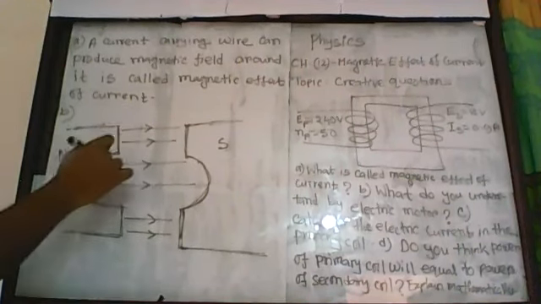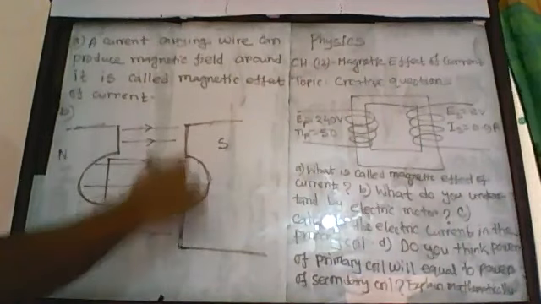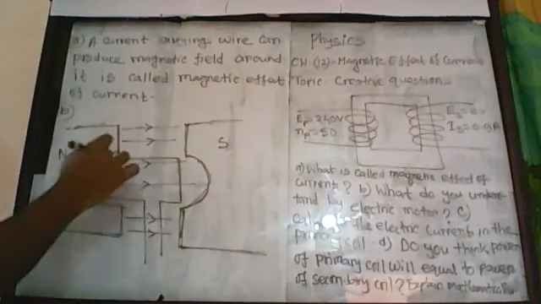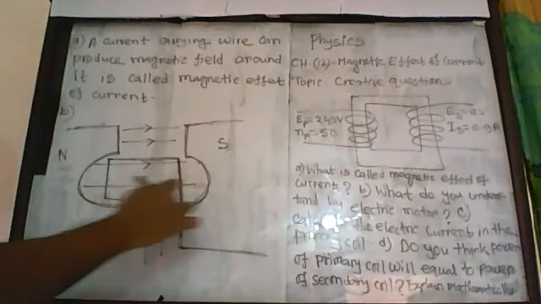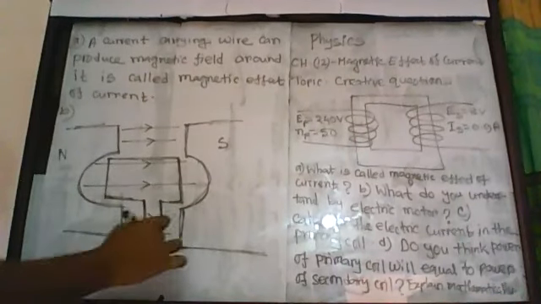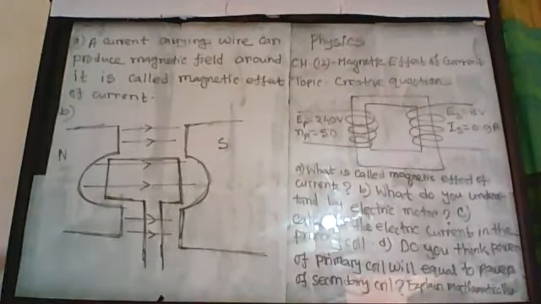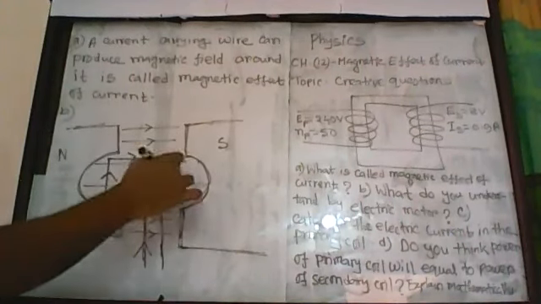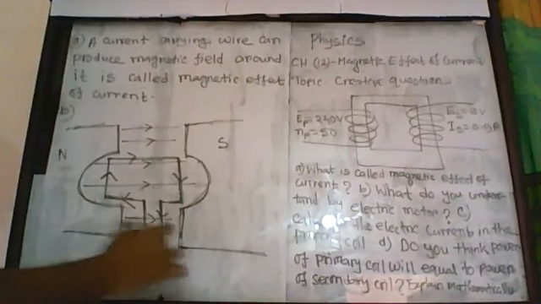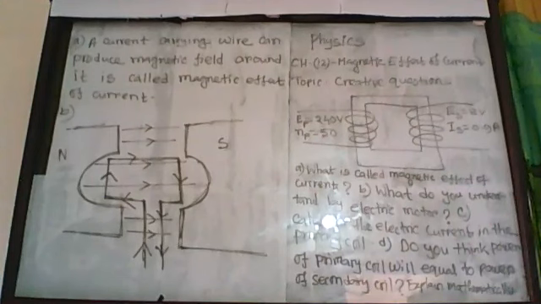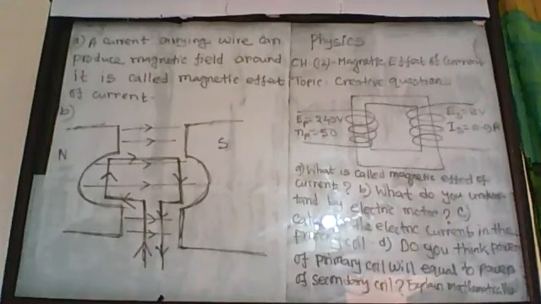And if you take a plate inside this horseshoe magnet, and by using electricity, you pass electricity from this direction to this direction, then you see that after some time this plate starts to rotate here.